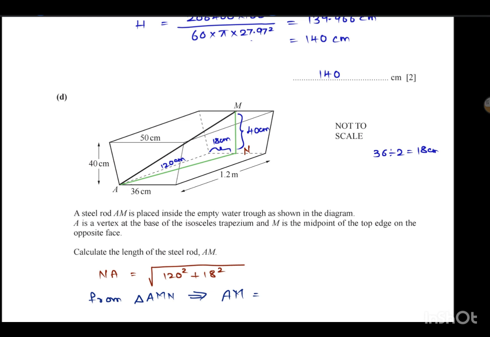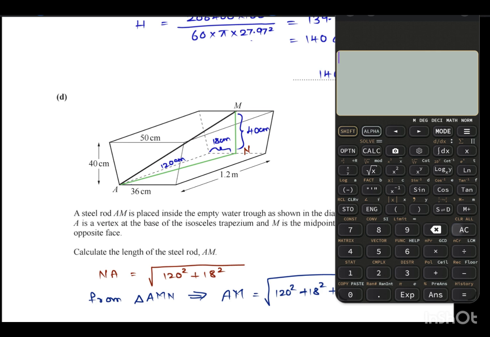We know MN and we know AN; AN or NA is the same. So 120 square plus 18 square, again plus 40 square, square root of. Find the square root of 120 square plus 18 square plus 40 square,